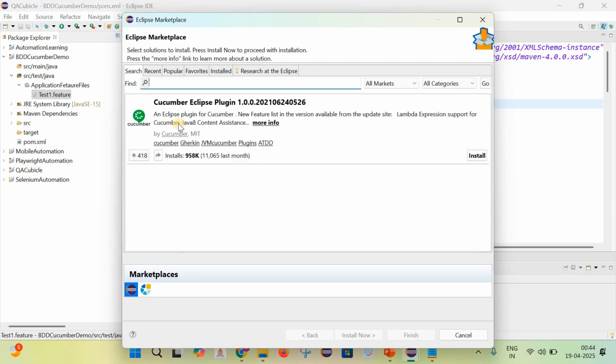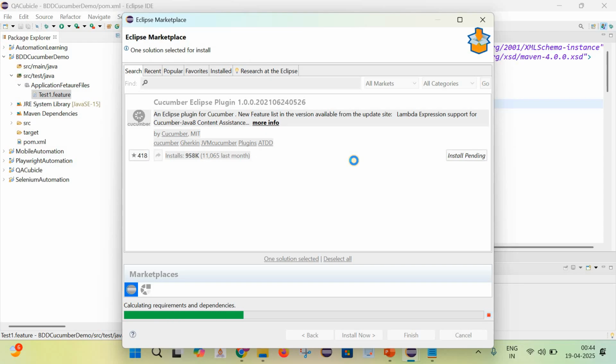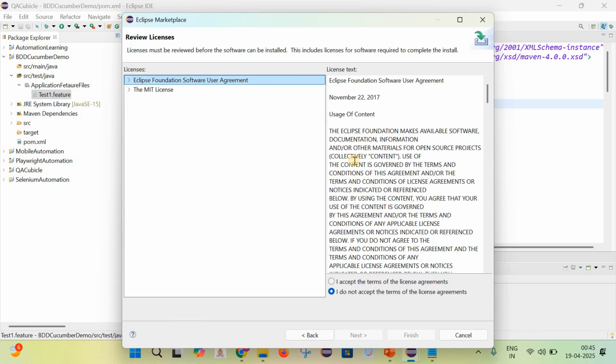And here you can see it is giving by default this Cucumber Eclipse plugin. So what you need to do is just install it. It will take some time, so just bear with me. Accept this agreement, click on the Finish button.